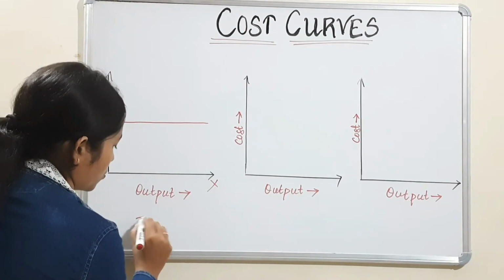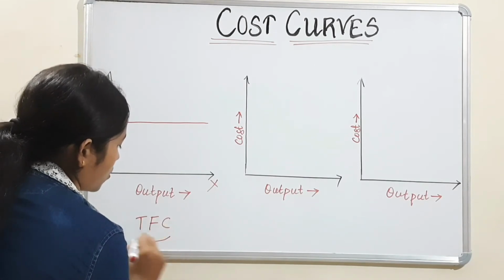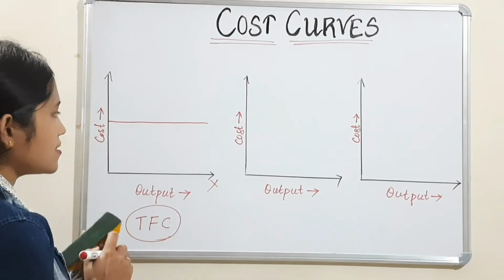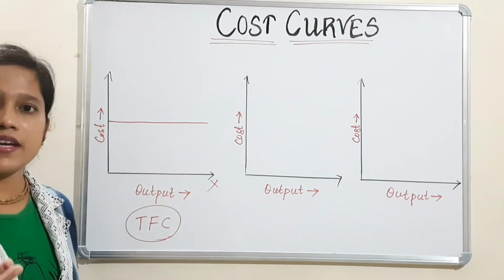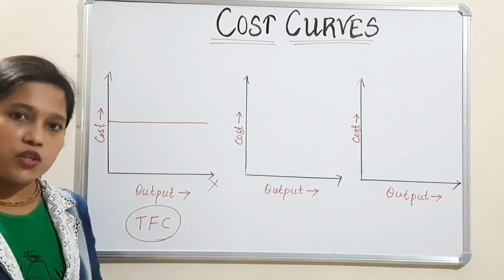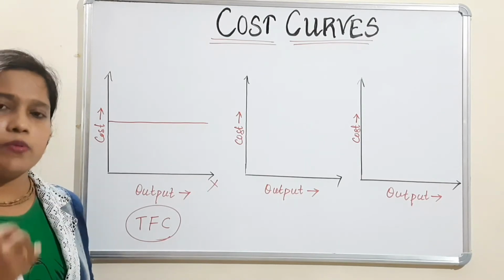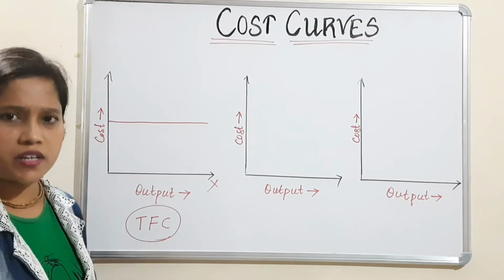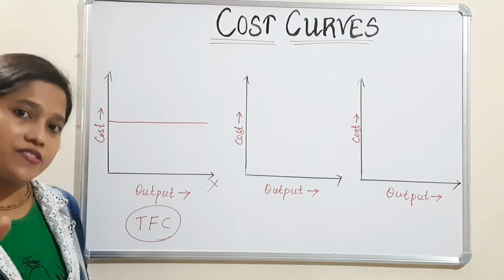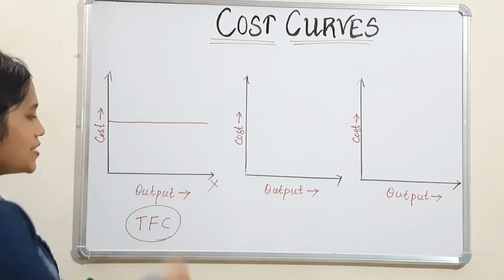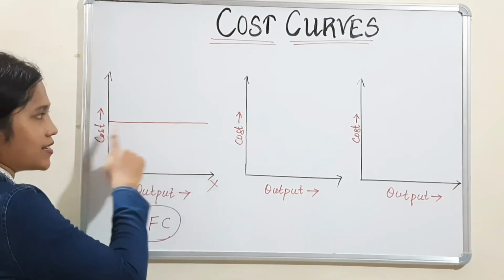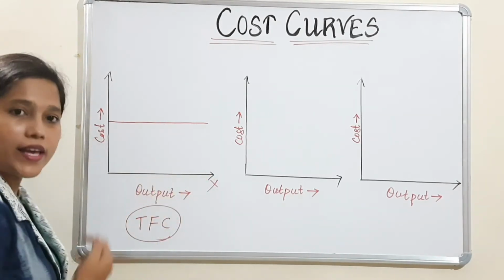This cost you have to bear. So in this case the curve will be a horizontal line, just like we studied with the perfectly competitive market demand curve. That is the same thing, a horizontal line parallel to the x-axis. Here this is total fixed cost. Why is it a horizontal line parallel to the x-axis? Suppose you are a rice farmer. Whether you produce rice or not, that land cost is fixed, which you have purchased. Yes or no? So that is why it is a horizontal line parallel to the x-axis.